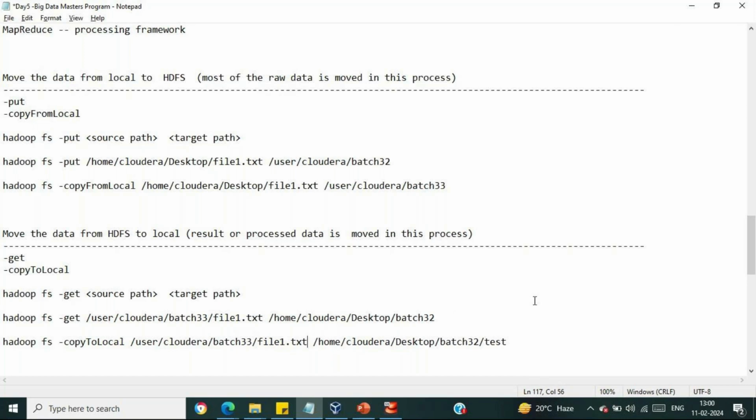Okay, so that is something about moving a particular file from local to HDFS and then HDFS to local. Now moving further,